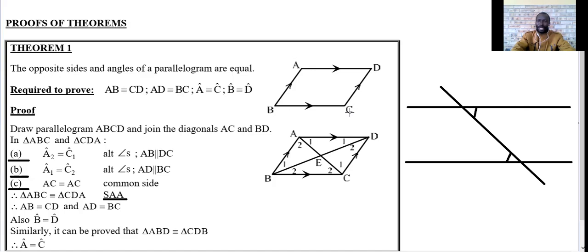Now we can go one more step and say yes. Also for that, the angle at B and the angle at D, they are equal to each other. And finally, or similarly, we can also prove in similar steps, starting from drawing the diagonals. Using the same steps, A, B, C, D, up to this point, we can also prove